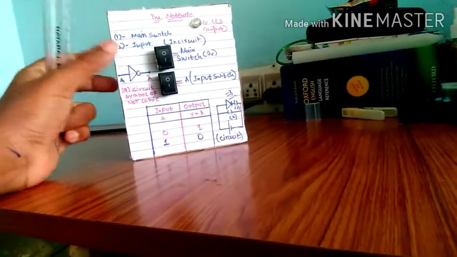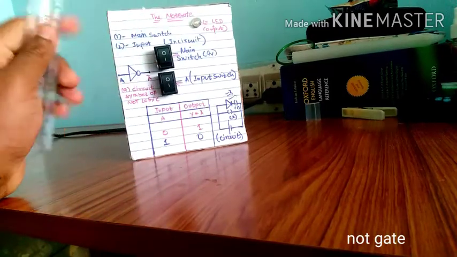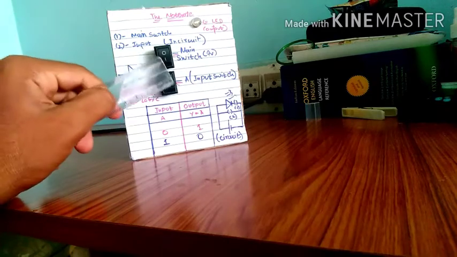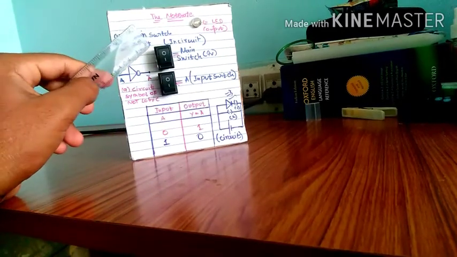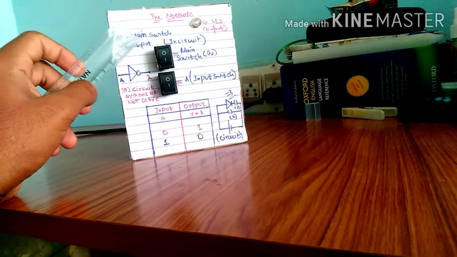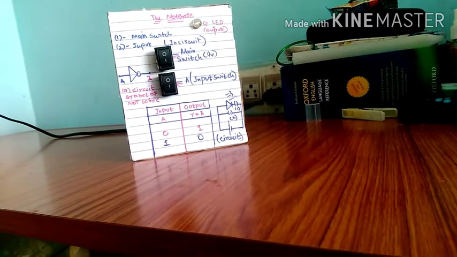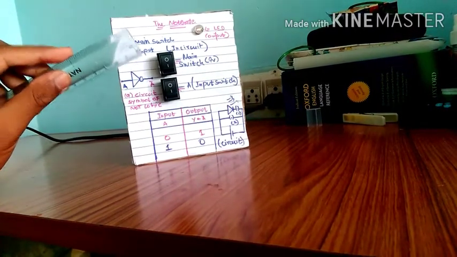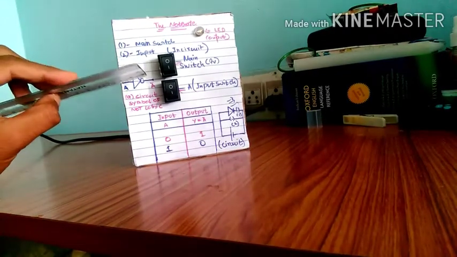In this video we are going to discuss the NOT gate and its characteristics. As you can see, there are two switches here, but only one switch is used to perform the NOT gate characteristic test, and this is the main switch. I have placed this because I can close the circuit whenever I want and avoid the heating of the LED. So this is the main switch which is going to give the output of 9 volts to the LED when closed, and this is the input switch.